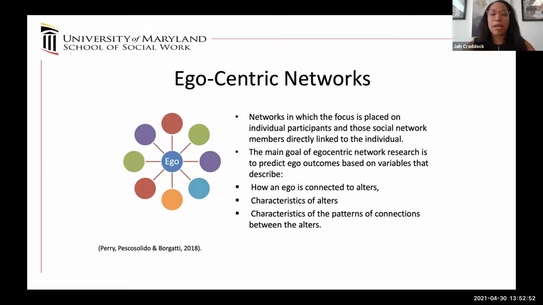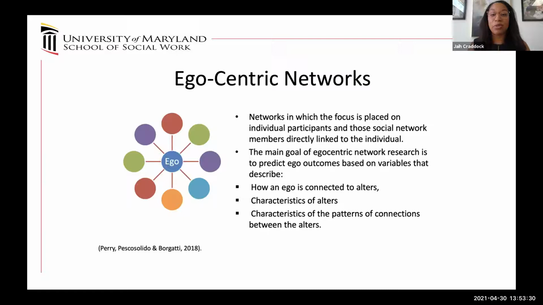Things we usually measure in egocentric networks are, one, how ego is connected to the alters. So, is this a supportive relationship? Is this a non-supportive relationship? Looking at the characteristics of the alter. Is this a friend? Is this a family member? What are their ages? What is their distance, location-wise, to this person? How often do they speak to this individual? Is this somebody they feel they can trust? Is this somebody they communicate with about health? So looking at those different